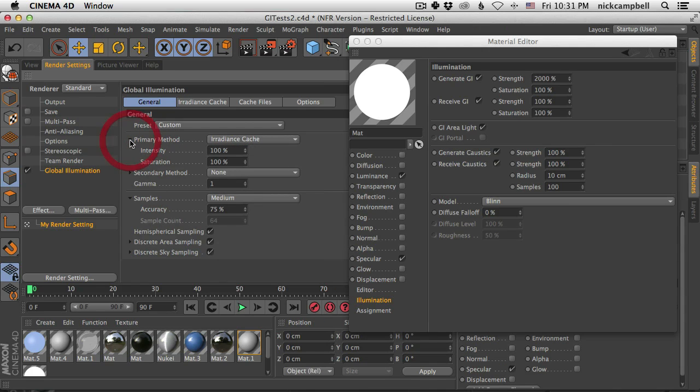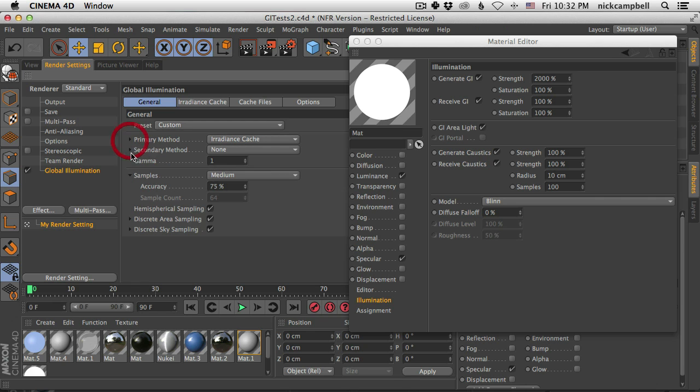And while I'm looking at it, just so you know, you can twirl these open and turn these up or down. If you want this to be brighter, you could turn it up. If you want less saturation in your colors, you could turn that down. And also in your secondary method. Right now we have no secondary method, which means